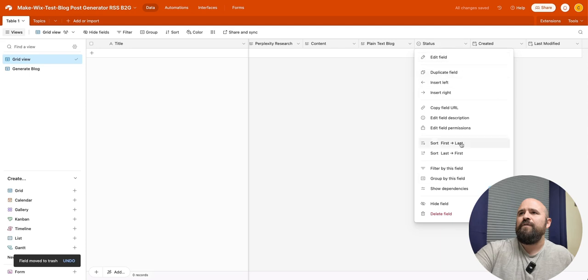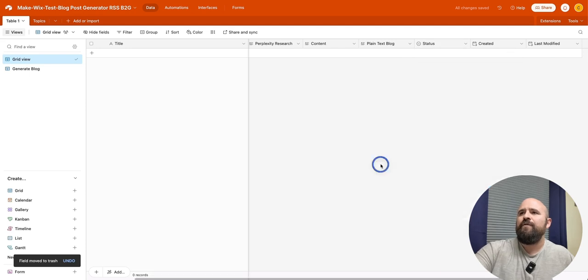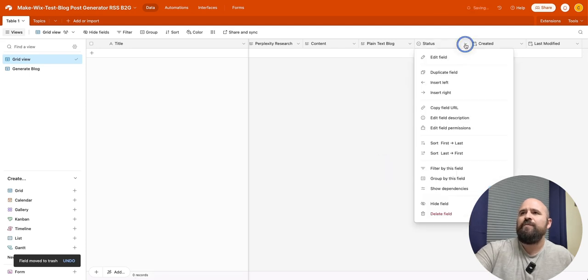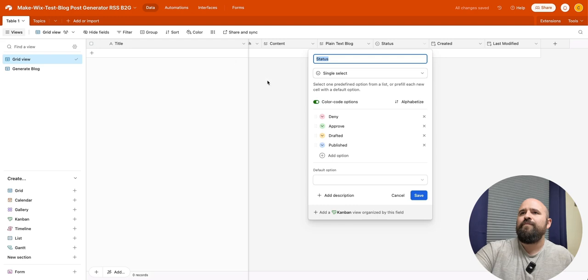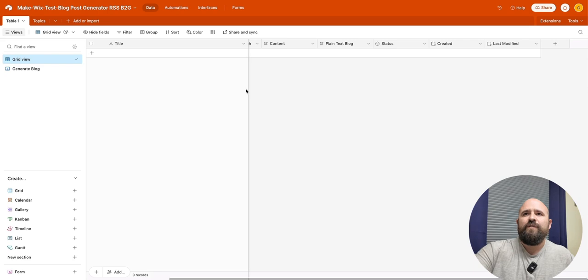We don't need the status. We do need status because this is going to be changed to published when it's done. Yeah. So in the status, this is a single select option, and we have deny, approve, drafted, and published. All right. So those are the fields that we're going to use for